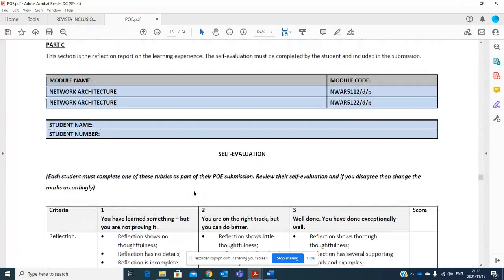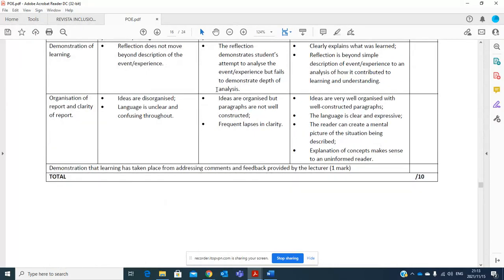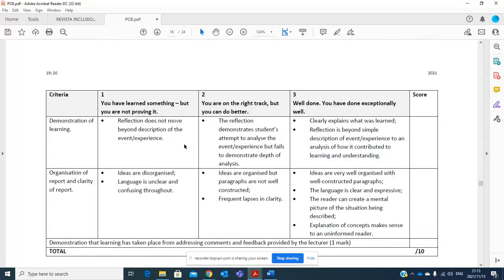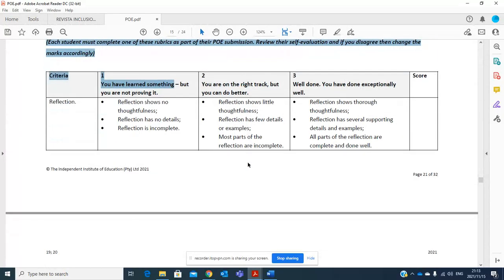What is important is documenting part C. If this document is not in your part C, you are going to get 0. This is basically the self-evaluation.